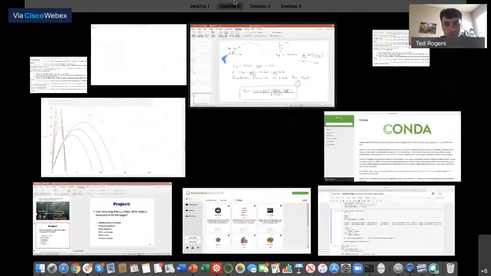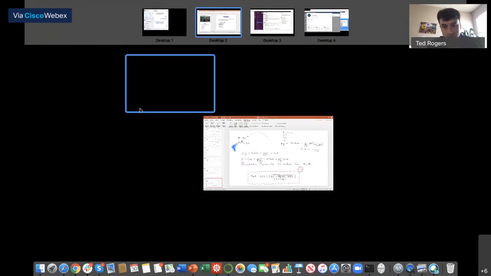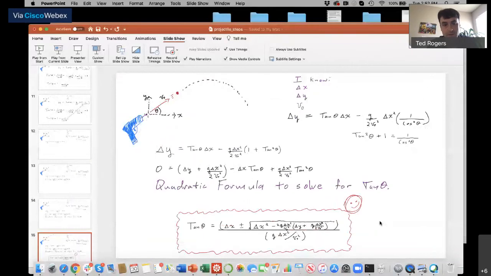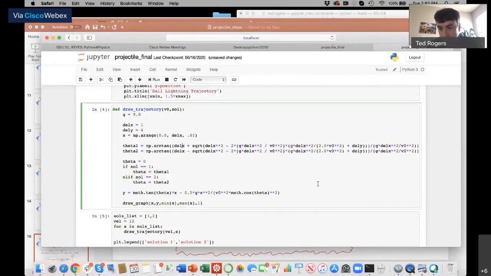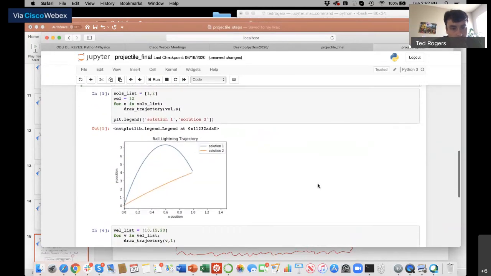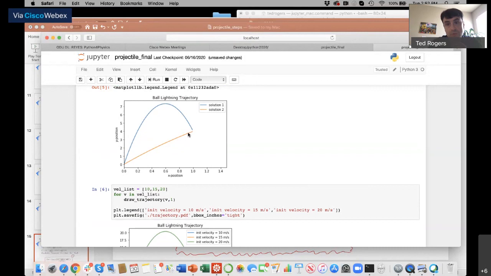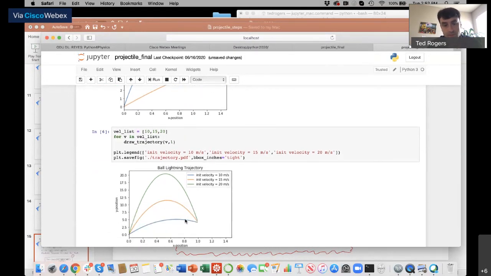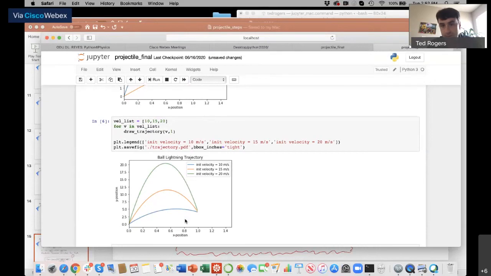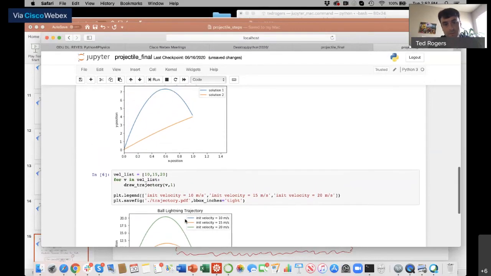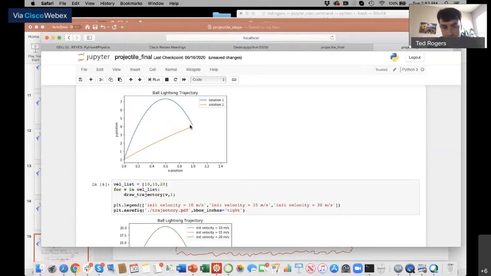Maybe not the best identifier in the world, but it basically corresponds to delta x. And ultimately, I've got two solutions for a given initial velocity. Then I've got several initial velocities with a particular solution. You can see them all going to the same point.